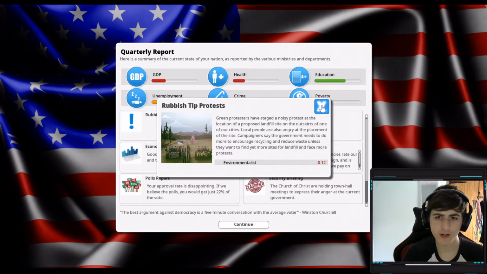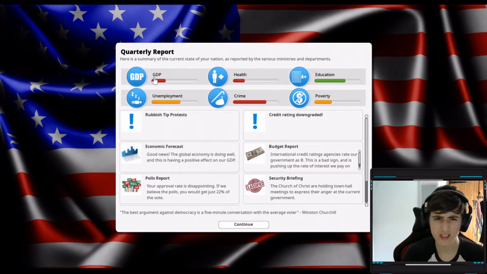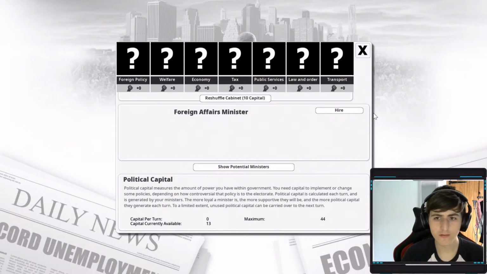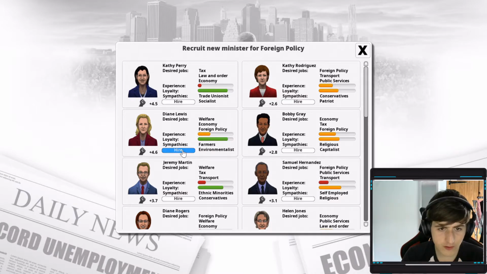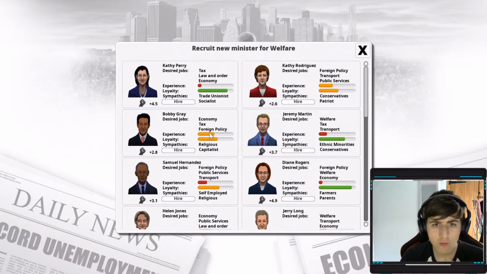Right, so there's been rubbish tip protests, and the credit rating again has been downgraded, which is not going to help our GDP. We need to start improving the money situation. I need to reshuffle this bloody cabinet though. Right, so this is foreign policy. So who wants the foreign policy job? You do, you're good. You have a sympathy with the environment, who are a bit of a problem at the moment. Welfare,